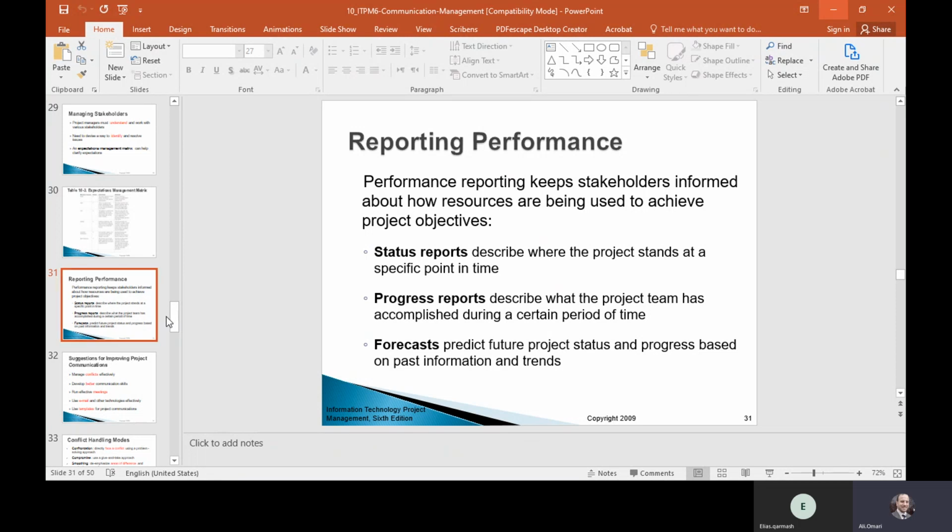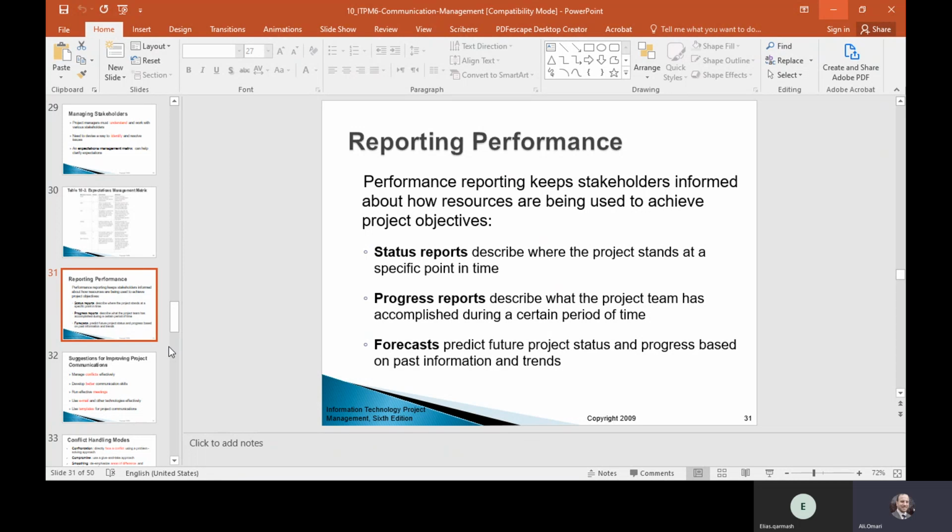The performance reporting will have certain objectives, like you need to report the status report. The status report is an update that describes where the project stands, based on a certain specific time.